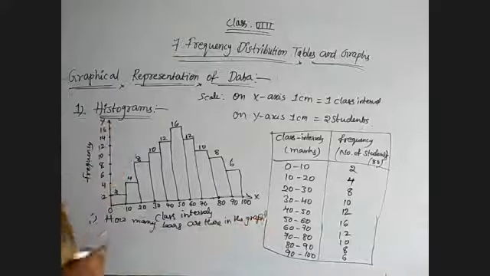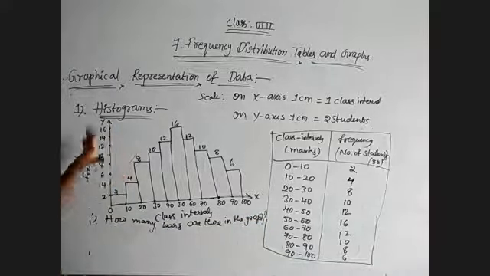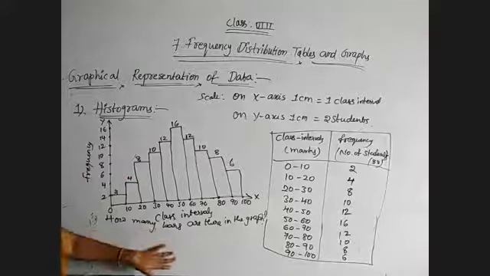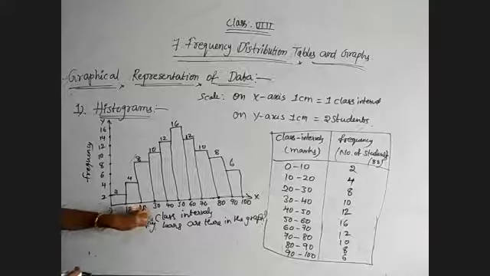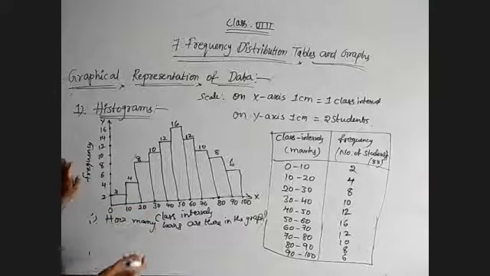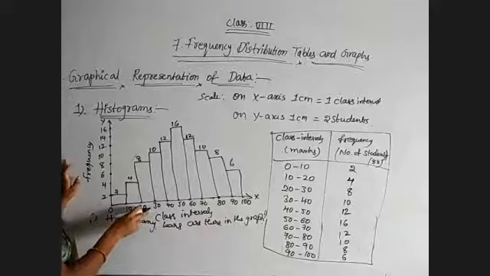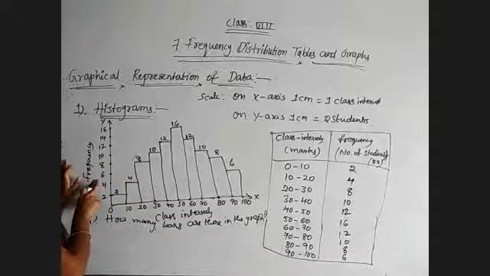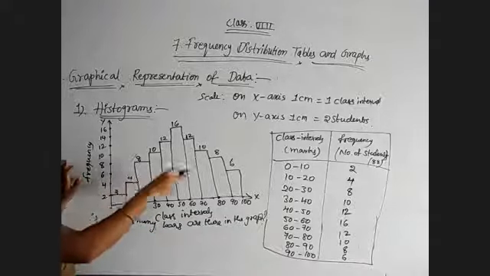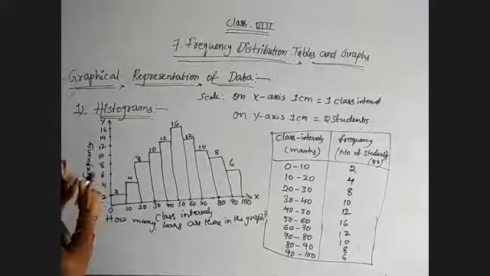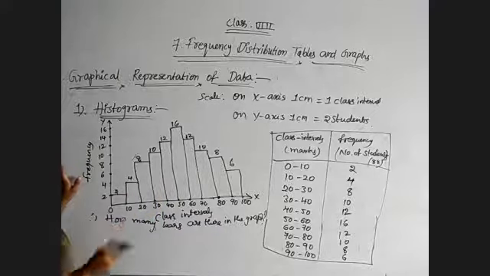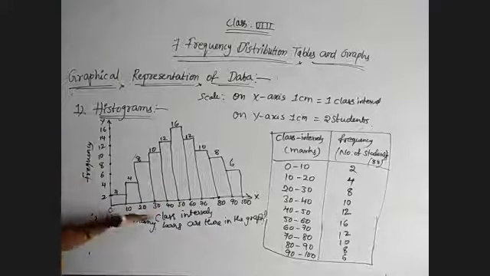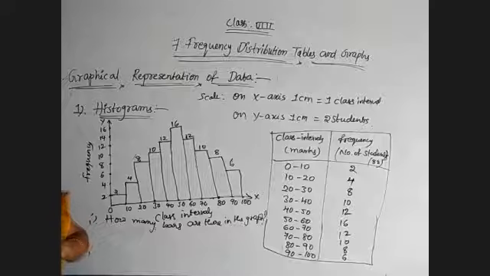Till now, in the bar graph questions we have seen, we used a scale only on the y-axis. But here we are using a scale on the x-axis as well as the y-axis. The x-axis always takes class intervals, and on the y-axis we take frequency. We use only vertical bars to represent histograms, and there is no gap between the bars. Those are particular conditions, and it is used only for a continuous series, that is, exclusive class intervals only.